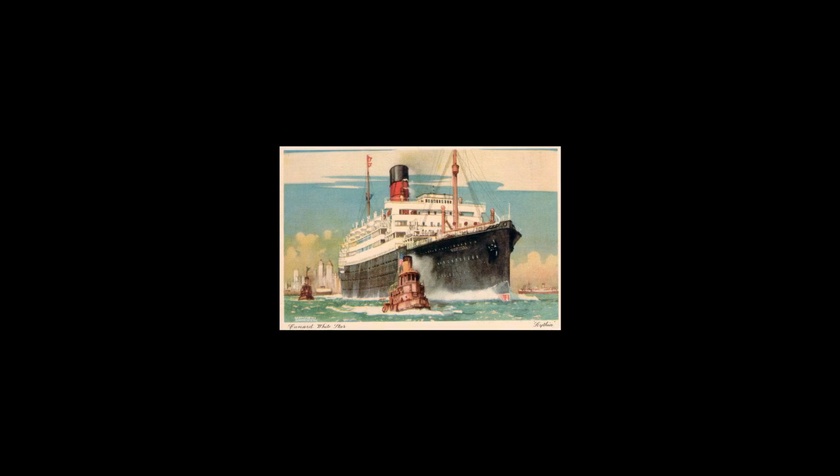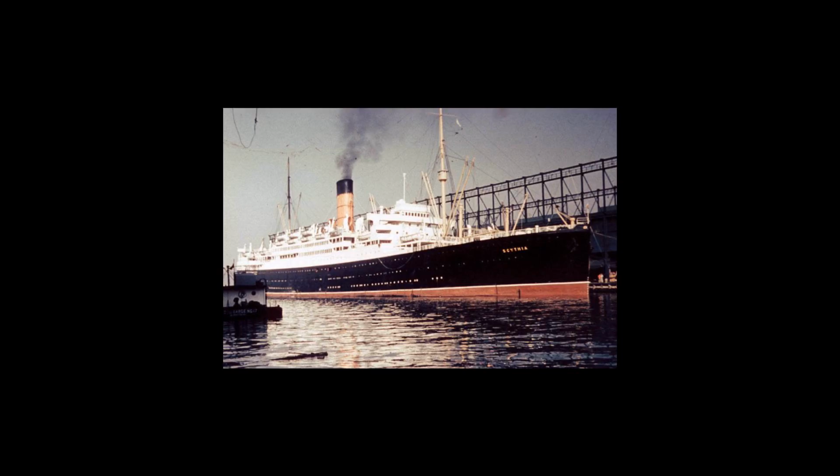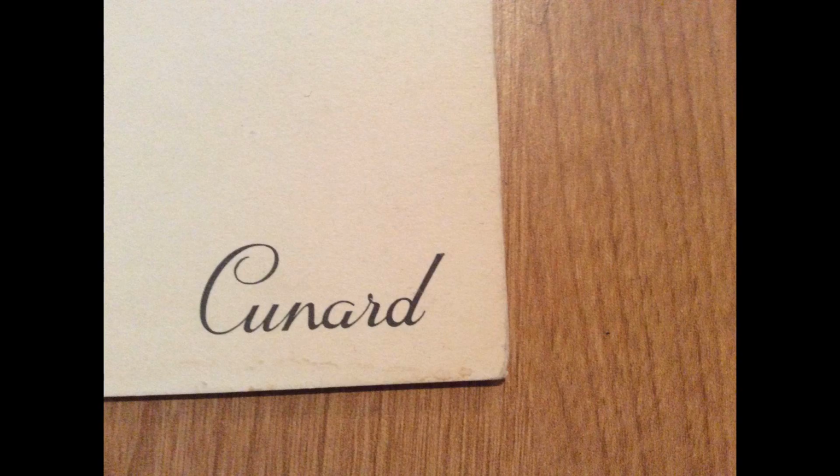She then saw service carrying evacuees from Liverpool to New York. In 1942, the Scythia took part in the British Army landings in North Africa. On 23 November she was struck by an aerial torpedo. The crew managed to get to harbour at Algiers, and the ship suffered only 5 casualties out of a complement of 4,300 men. The Scythia was salvaged and taken to New York for repair in January 1943, and afterwards ferried